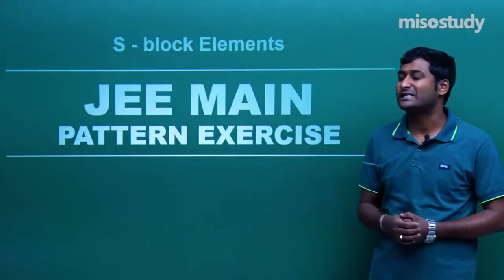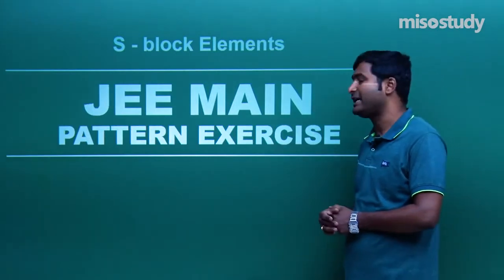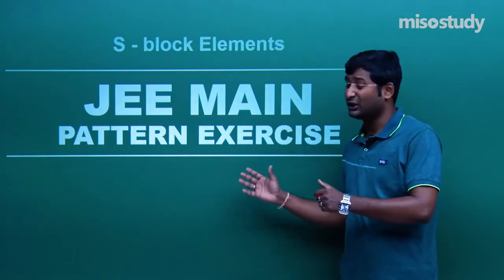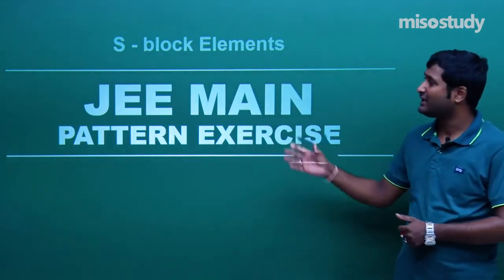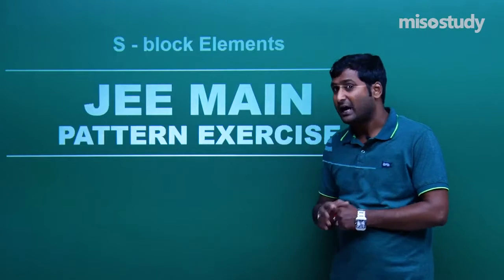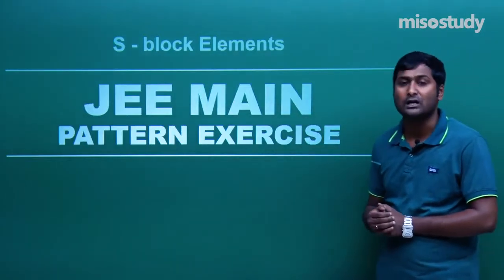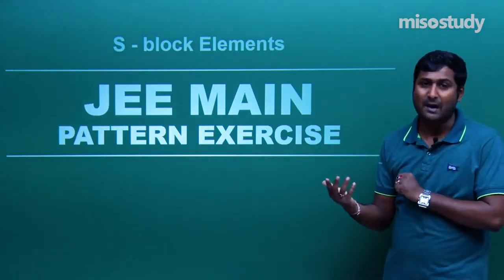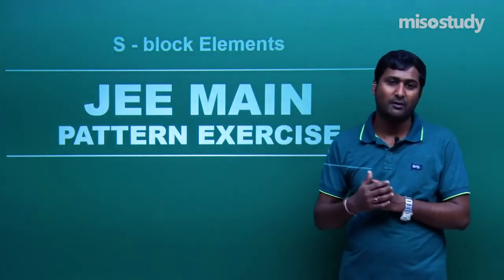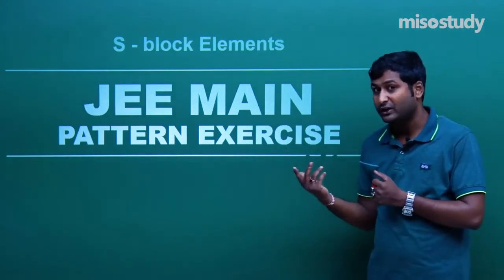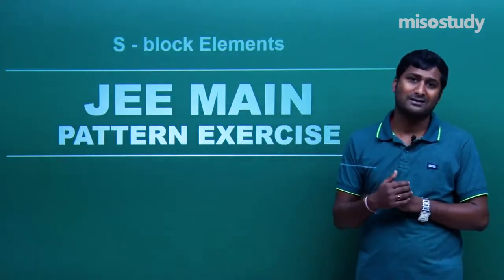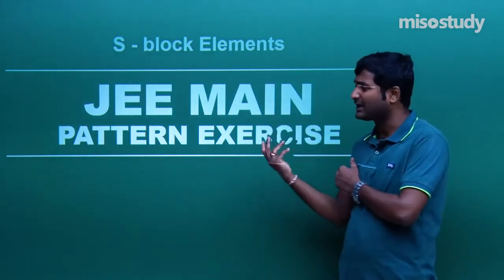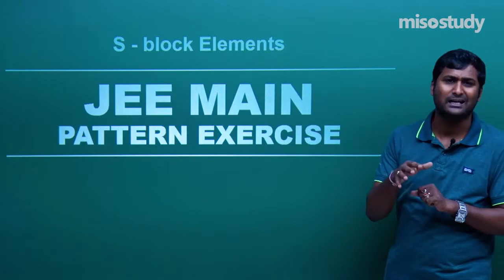Today we are going to discuss a few questions related to the JEE Mains examination. As I told you earlier, this is a theory based question because this chapter is completely theory based. In this chapter we have to focus on reactivity order, stability order, that is stability of carbonate, stability of hydrogen carbonate, then the solubility of hydroxide, solubility of oxide, then stability of oxide, stability of hydroxide, and the comparison between alkali metal and alkaline earth metal.